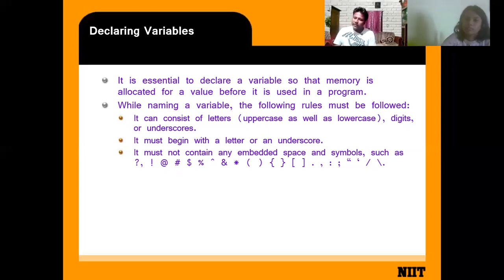When you give a variable name, the first letter should be in uppercase. Like when we write our name, the first letter of our name is capital. Yes or no? When we write a name and title, it is in uppercase. Similarly, when you give a name to a variable, the first letter must be uppercase.